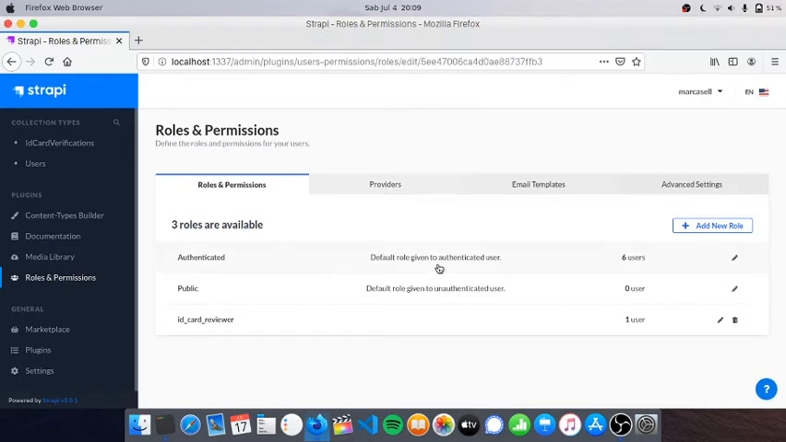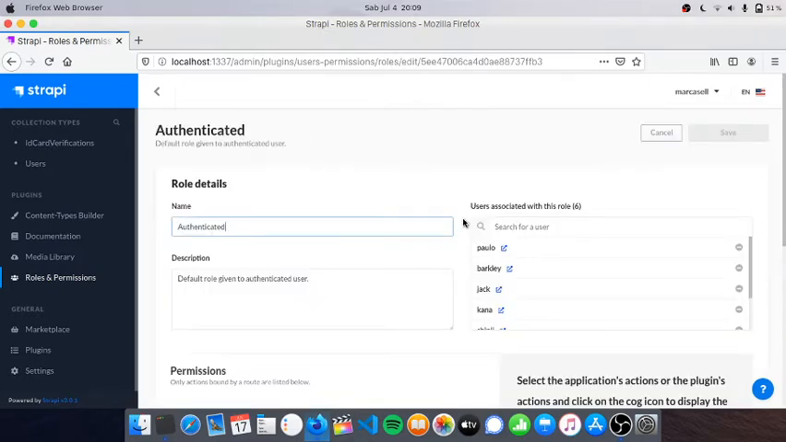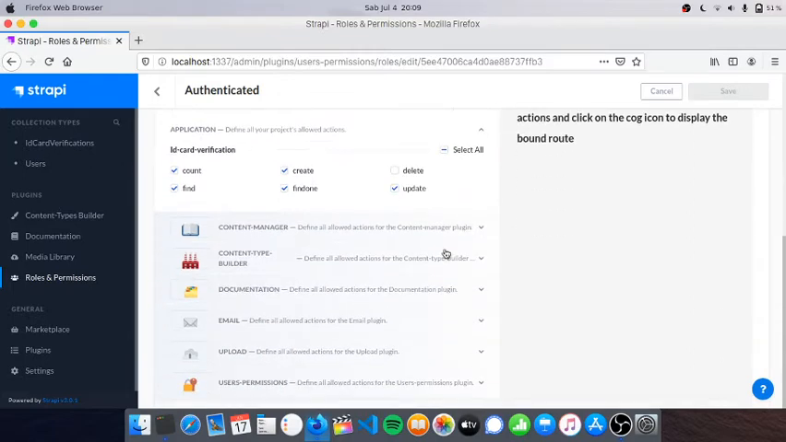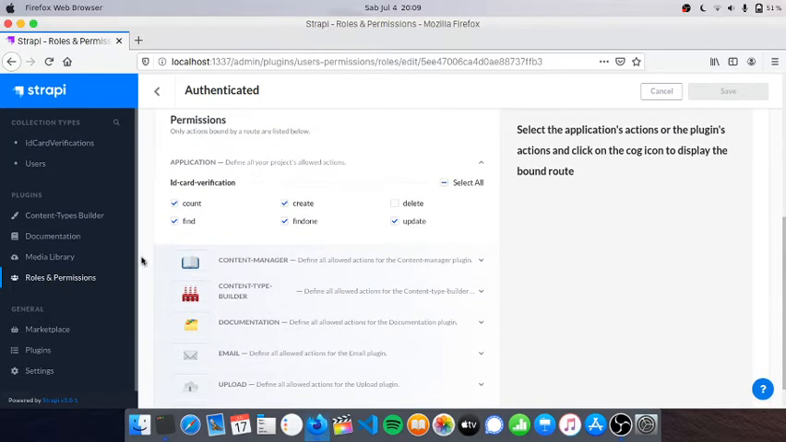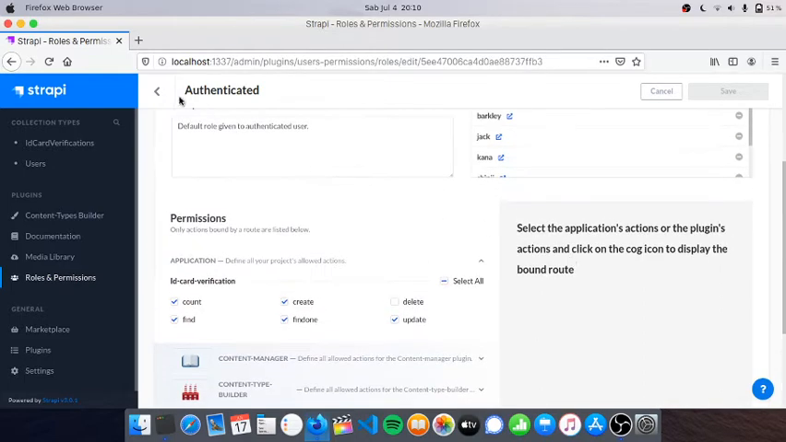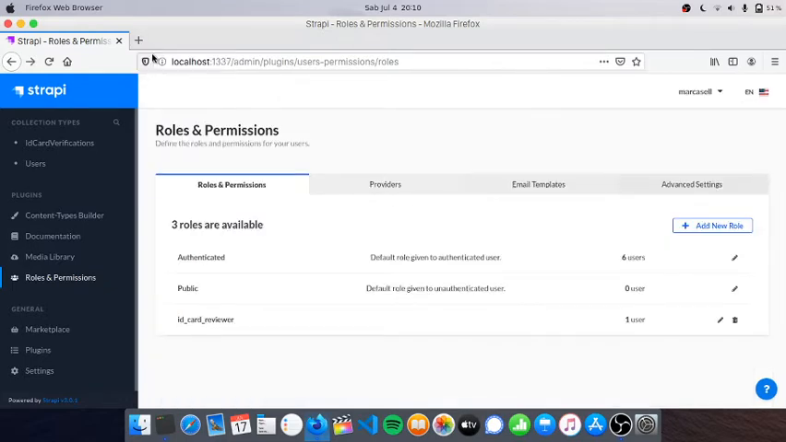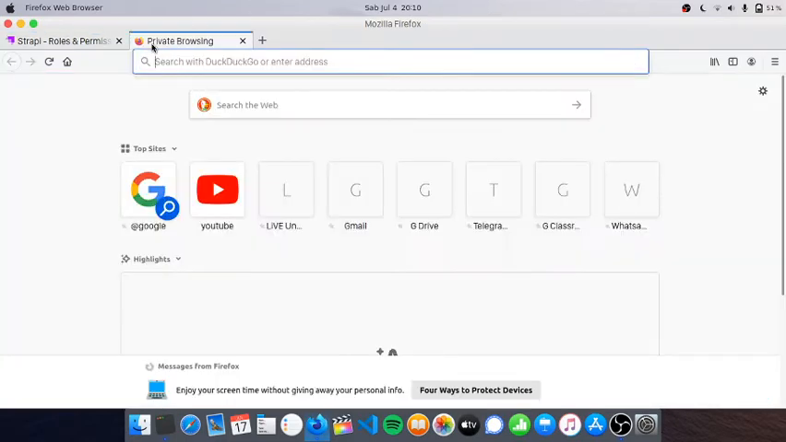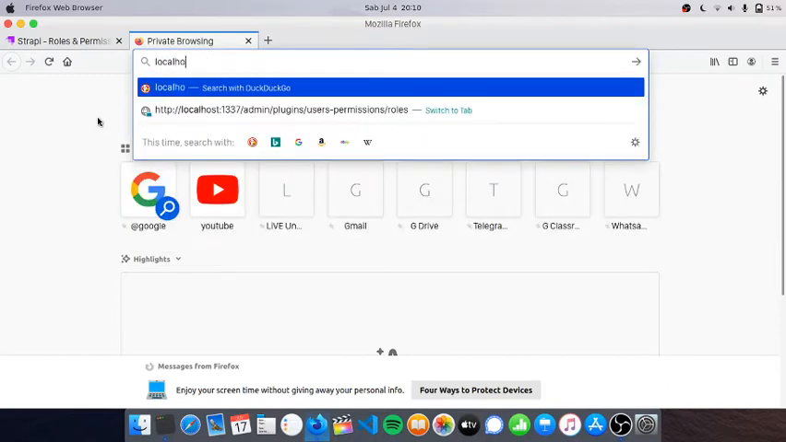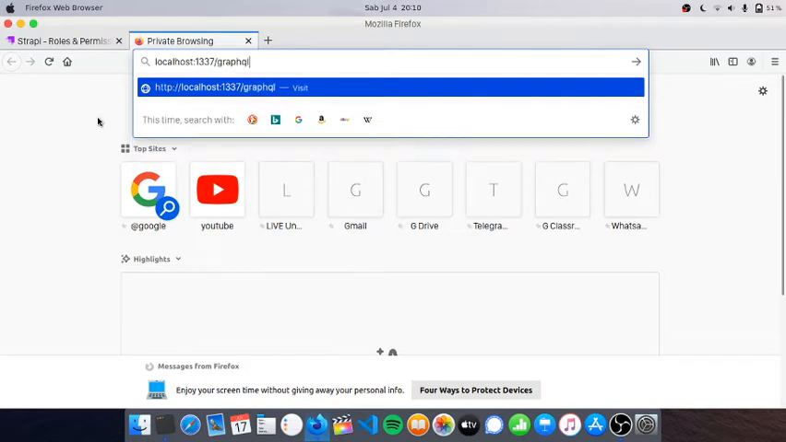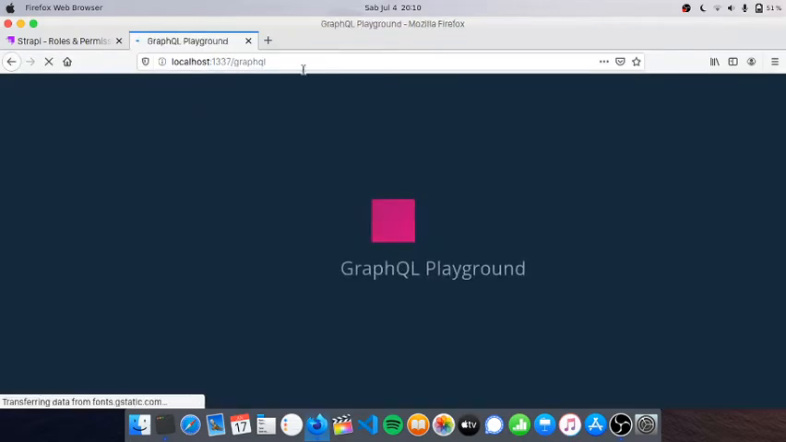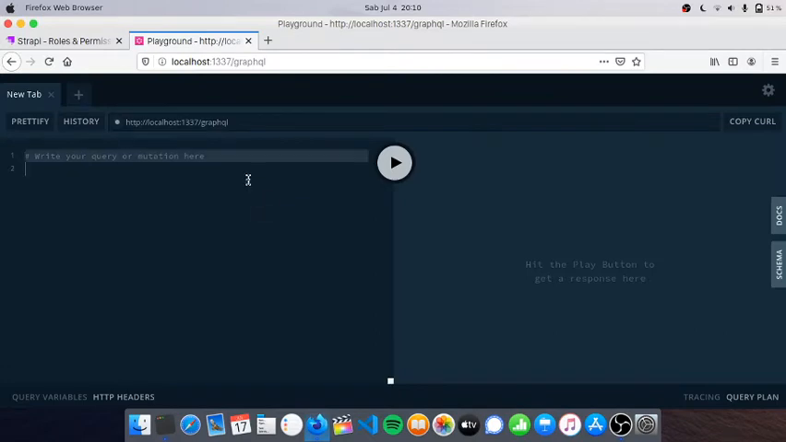So go to the authenticated user role. Please make sure that you have checked these checkboxes, and then I will access the GraphQL Playground with /graphql. So it will bring me to the GraphQL Playground,